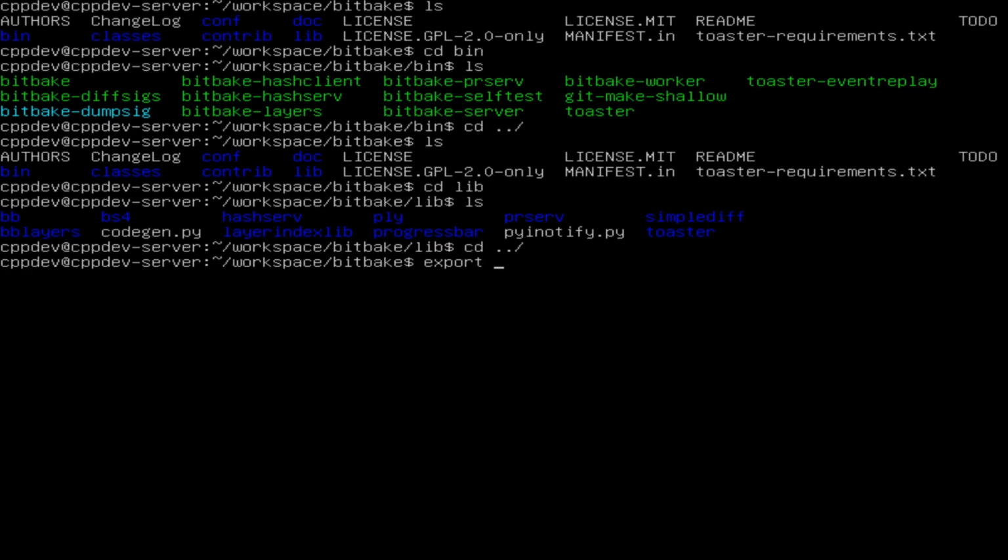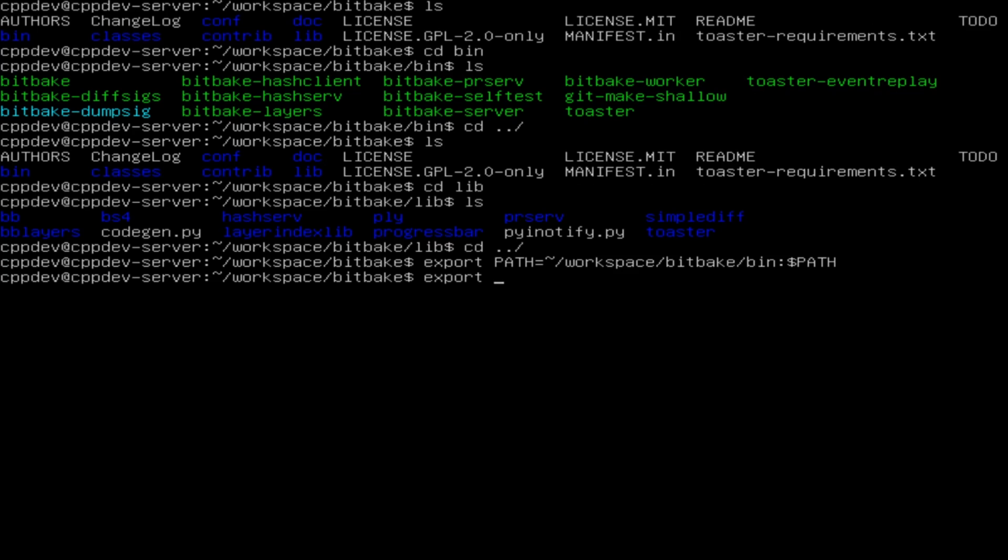So we are going to modify the PATH variable, and I am going to add the full path to this with bin, and also add the older variables here.